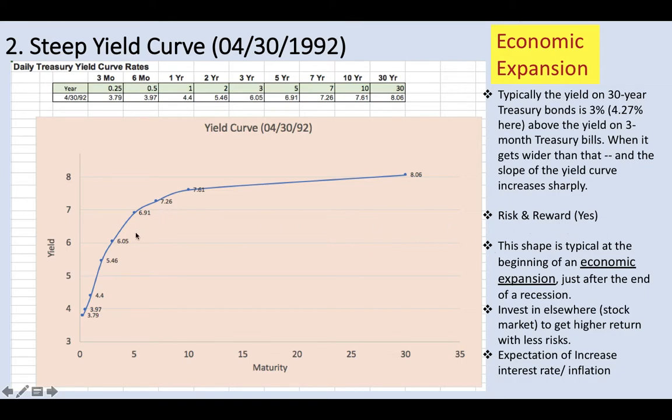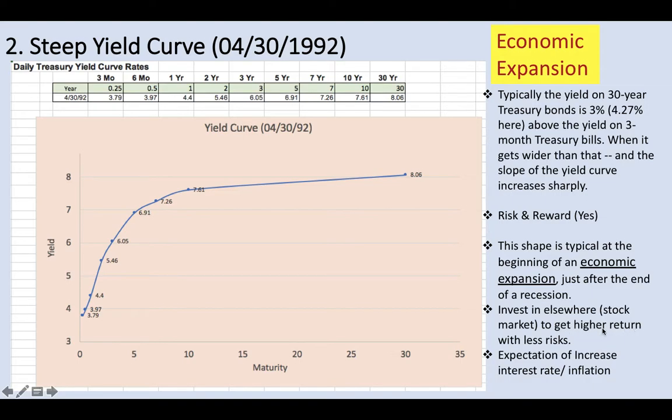So basically, say I'm holding a short period, so we have a lower rate, then the investor demands a higher and higher yield when they hold longer. This shape typically appears at the beginning of the economic expansion, just after the end of the recession. Well, if the investor can invest their money in the economy,